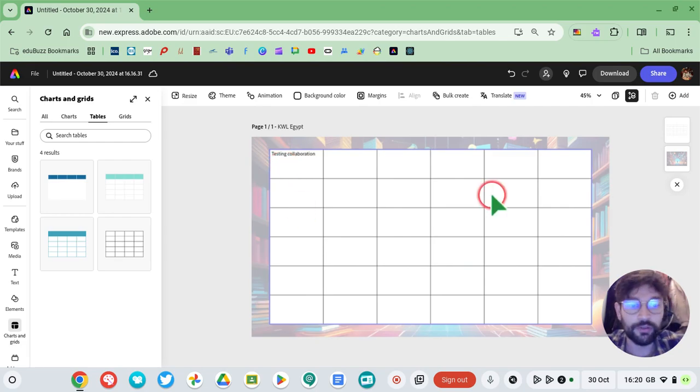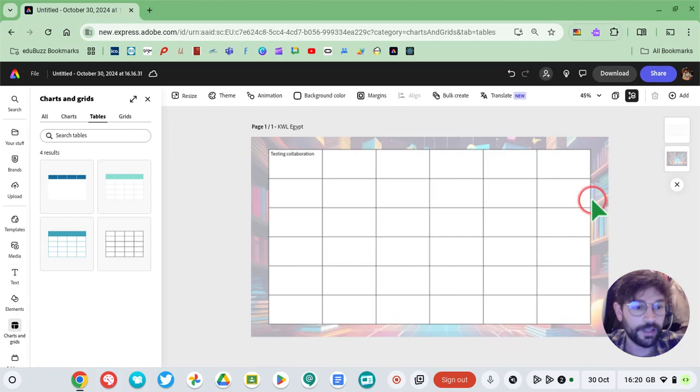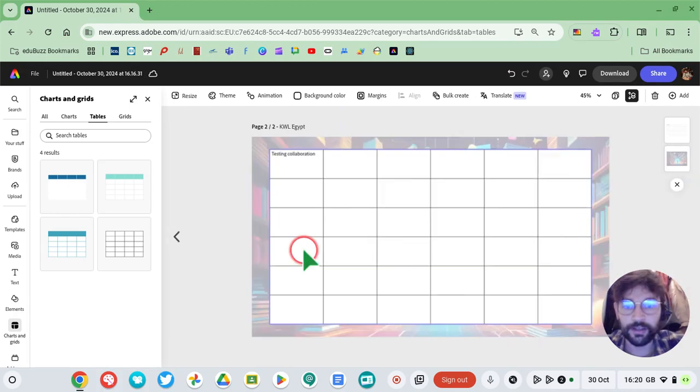The next thing you would do is, you're happy with this, you've got your KWL for Egypt, you can go up to add and you can just duplicate. So that fundamentally creates another file, the exact same. So within that one Adobe file, you've now got 2 slides. And this one, slide 2 or page 2 of 2, could therefore be